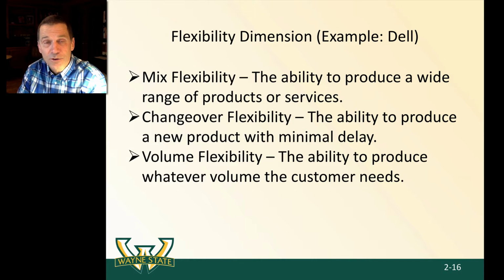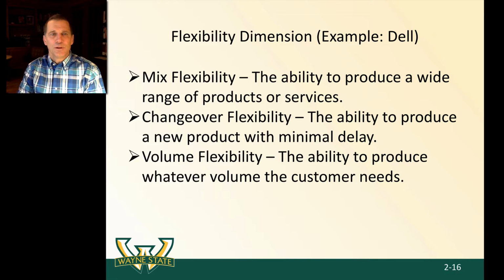Flexibility dimension, an example could be Dell. We've talked about them in the class before. So one attribute of flexibility to consider is the mix. So the ability to produce a wide range of products and services, mix flexibility. Can I build 4 different types of washing machines down one assembly line, 5 different types of cars down one assembly line, 3 different iPhones on one assembly line? So the more that I have that ability to basically have mix flexibility, the more I can get out of my assets as the mix changes. I don't necessarily have to invest money and be crippled for a while or making adaptations or investments when the